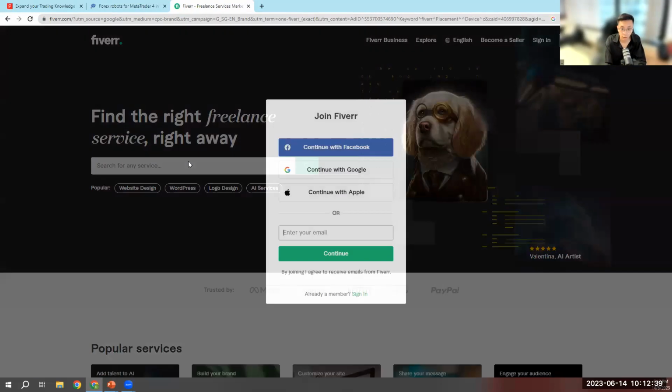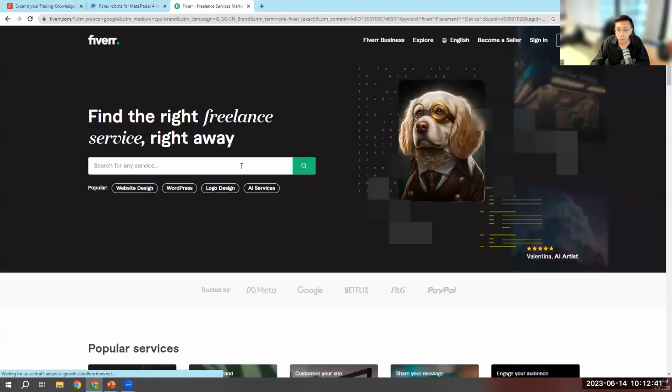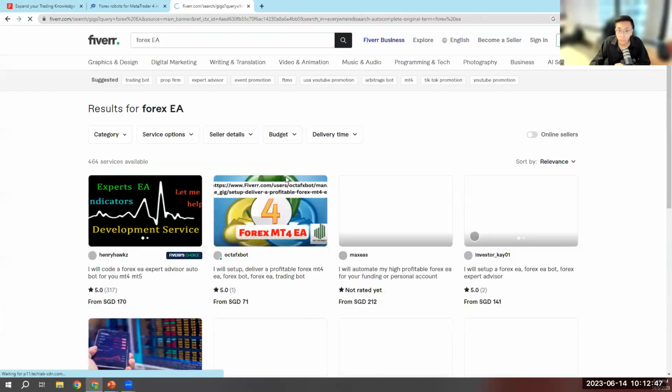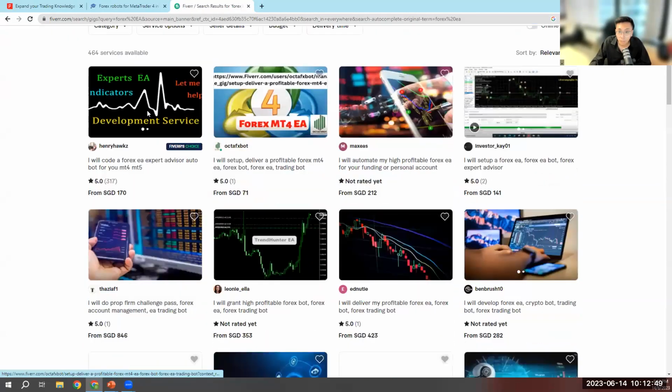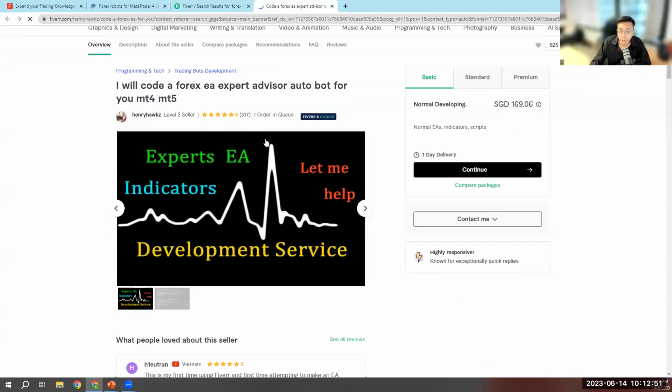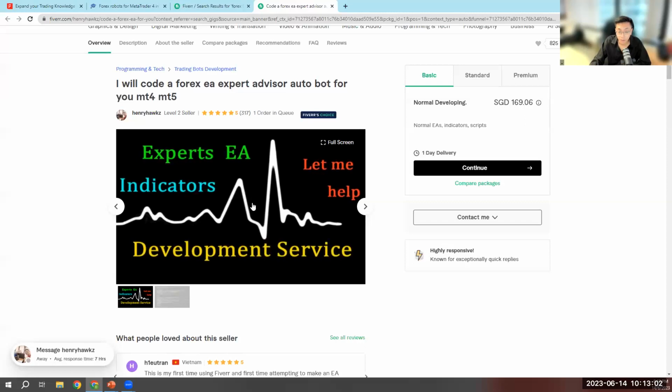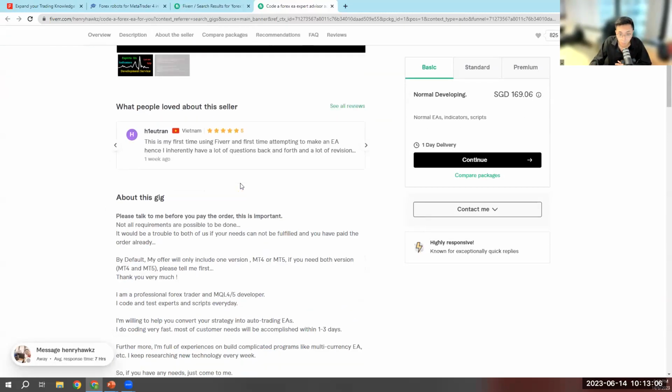So let's look at one of the sellers here, and we should also always look for this icon, which is Fiverr's choice. They could show the different coders that do experts, EAs, indicators, and development service as well.